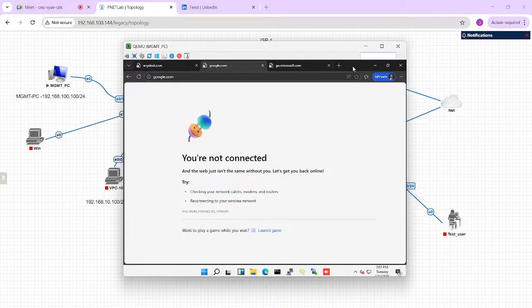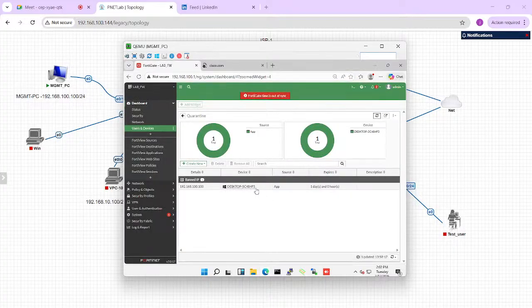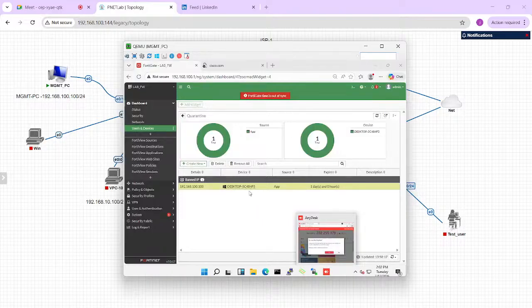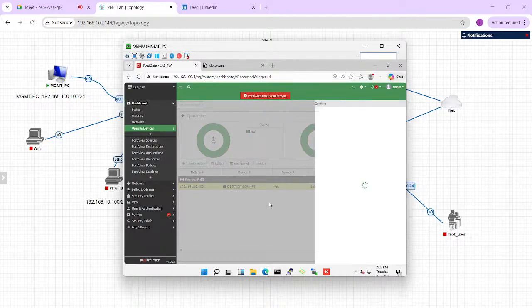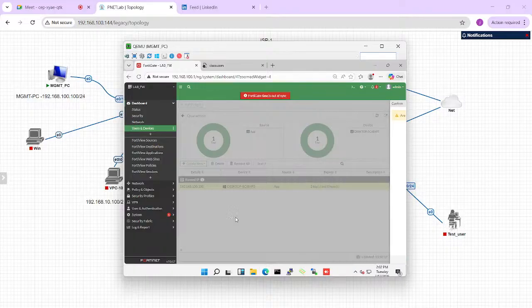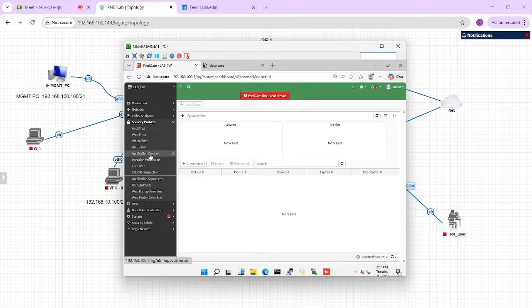Yeah. Okay, so that was the thing. Now again I will remove the user from quarantine, delete the user from quarantine. Okay, done. Then let us see some more things about application control. If I go to app control again,